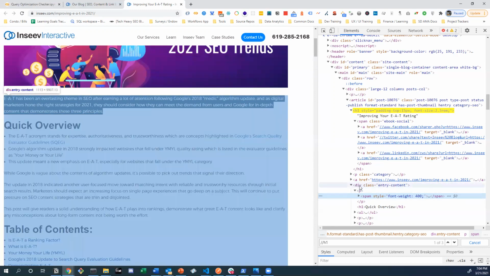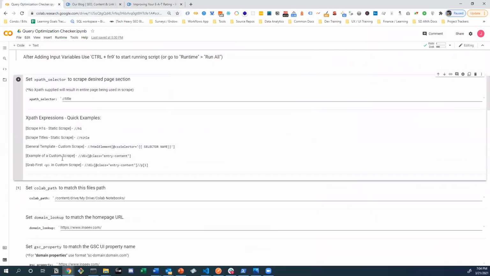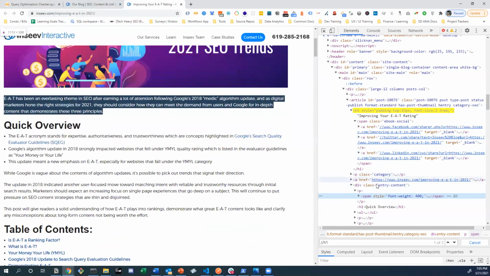So if we go back to the format, which again, I'm kind of cheating because it says what it's going to be right there, but I'm going to explain it anyways. We see we want the HTML element at the CSS selector. That could be an ID, that could be a class, and then the name. So here's the easiest way to do this. So we got the div, so we know it needs to be / HTML element, which is div, this, at,